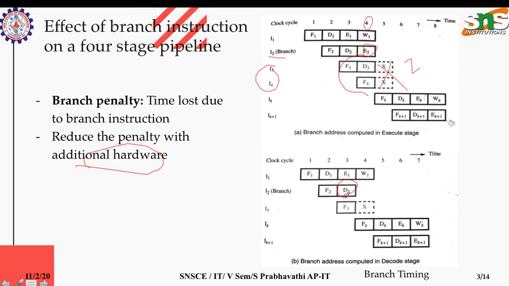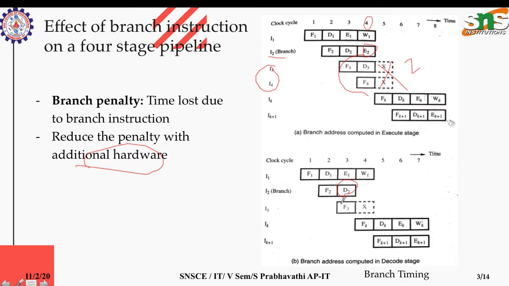In the previous instruction execution, without additional hardware like a decoder which predicts the target instruction, the decoder doesn't predict the target instruction, only at the execution stage does it predict it. So that's what we had, two stalls happened. Here we are making additional changes in the hardware of the decoder, so that the decoder will predict the branch instruction here itself instead of in the execution stage.